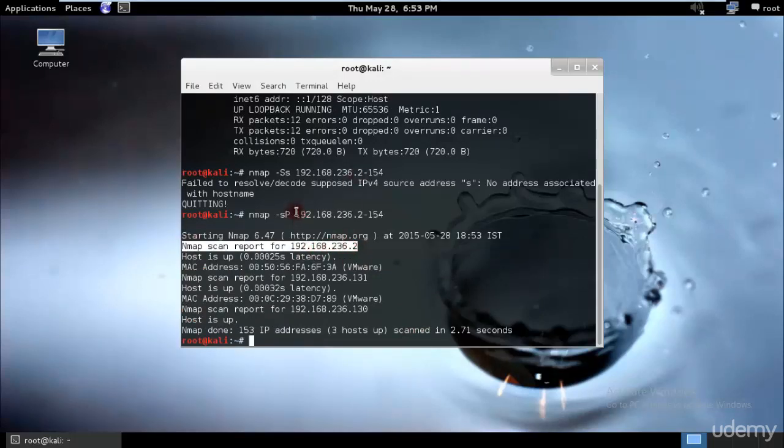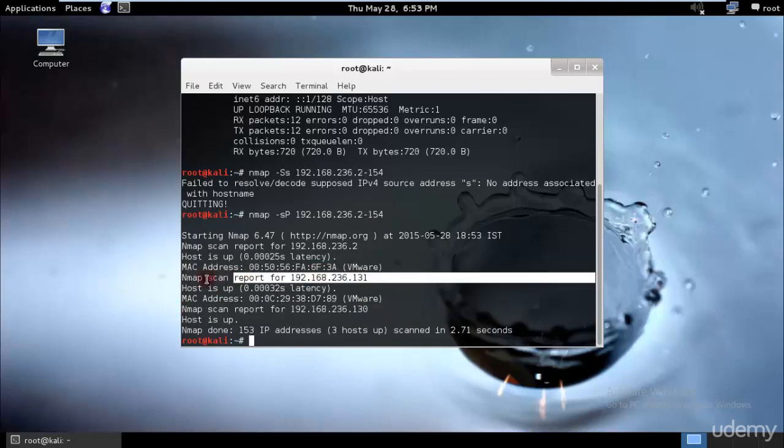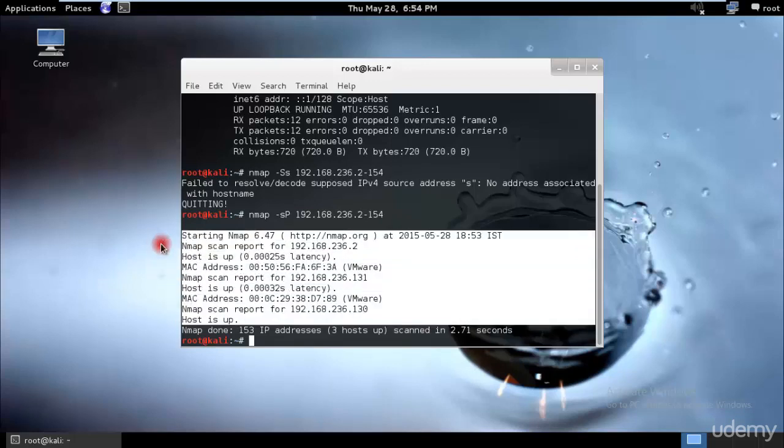So what this is exactly doing is it's capturing all the connections that are available on my router right now. As you can see, I have this VMware version, 192.168.236.30 and .131, which is mine, and this is the default gateway router. All of these three are up. That means all of these are working right now. So I would first go ahead and try, let's say for example, if this was on a wireless LAN,